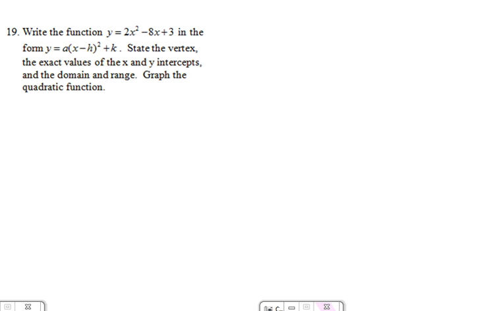Okay, for number 19, we're writing that function in the standard parabola form. And then from that, we'll be able to state the vertex, and then we'll find the intercepts and domain and range. So the first step to do that is going to be, let me rewrite this, y equals 2x squared